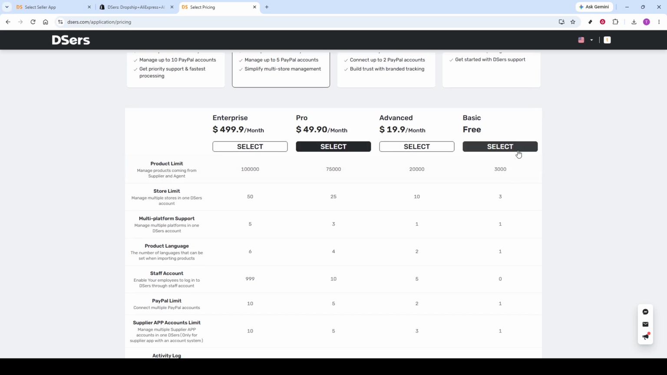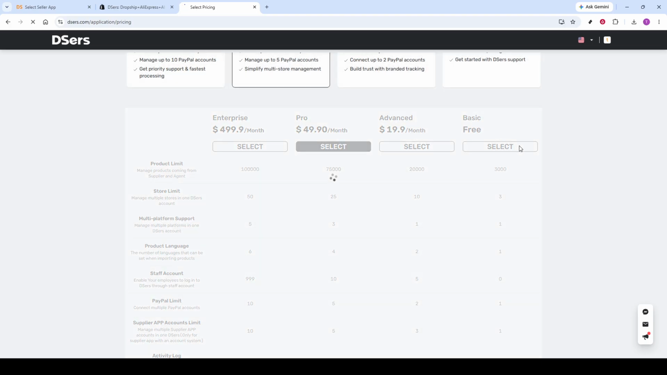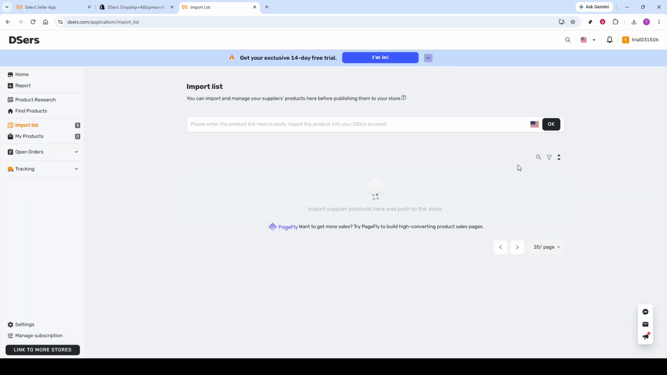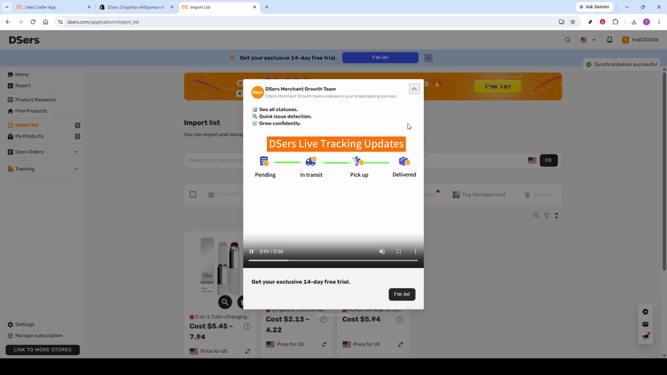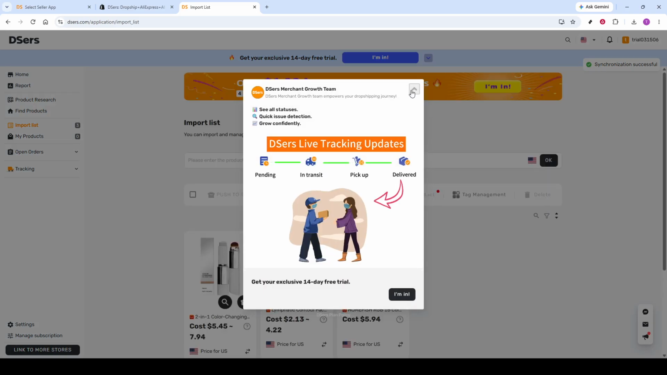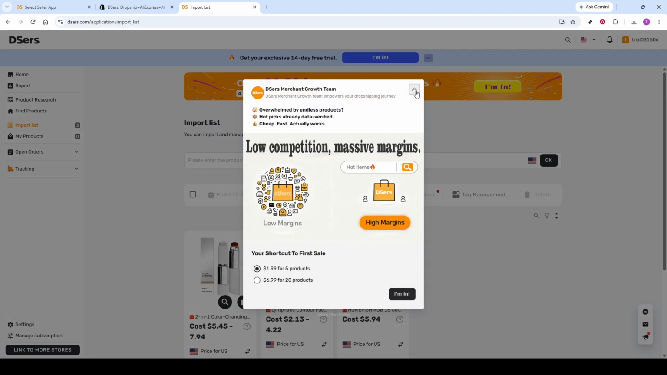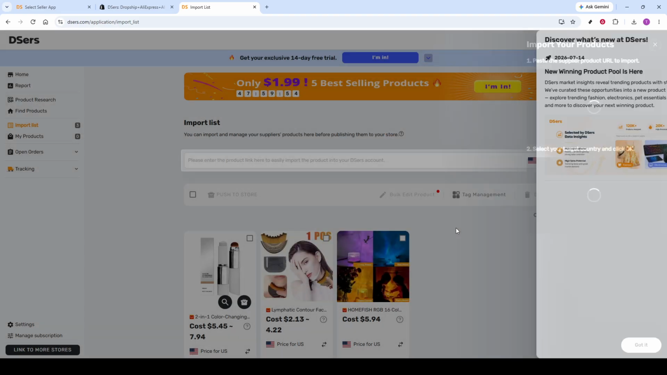When a customer places an order in your store, that order will automatically sync into the Open Orders section in Dsers. From there, go to the Awaiting Order tab and choose the orders you want to process. Click Order, then confirm payment on AliExpress. Dsers makes this easier by allowing you to pay for multiple orders at once, which saves a lot of time